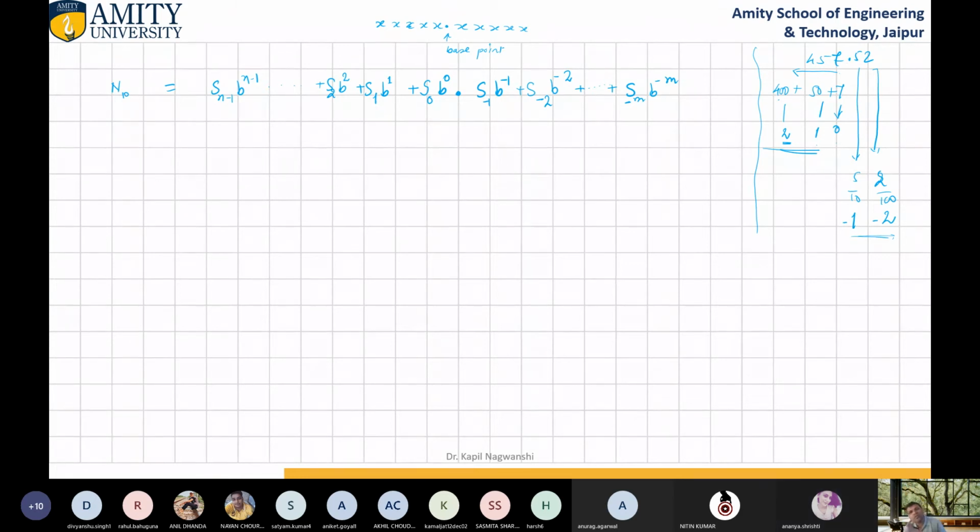Just ask a question whenever you have doubt. Means why we have put minus m over here and why we have put n minus 1 here. Sir, yes. Sir, this must be in terms of 0 only. What is 0 only? Sir, the value of B must be in 0. No, where is 0? The first one. This first one.